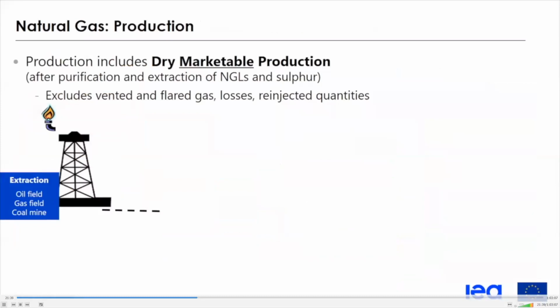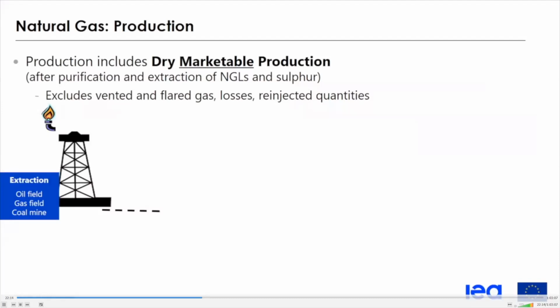Now, let's discuss again the production of natural gas. As a reminder, in our methodology, we measure the production once the products are in a marketable state. This is once we have subtracted all the impurities and the quantities of natural gas flared or re-injected. Re-injected quantities often occur in an oil field with associated natural gas. They are re-injected to favor more commercializable products and to keep the pressure within the field.